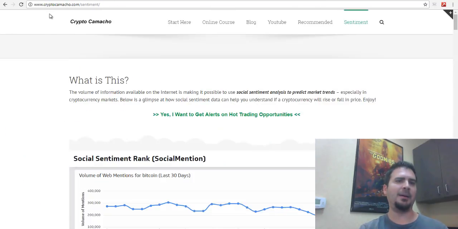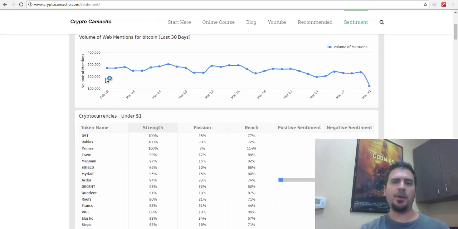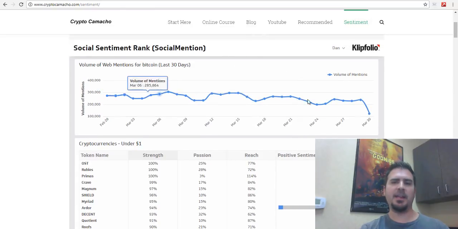If you go over to CryptoCamacho.com/sentiment, that's CryptoCamacho.com/sentiment, you're going to see this page, right? And so this is the tool that I have built, guys. All right. So first, up here, this is going to update every single day, and it's going to tell you,